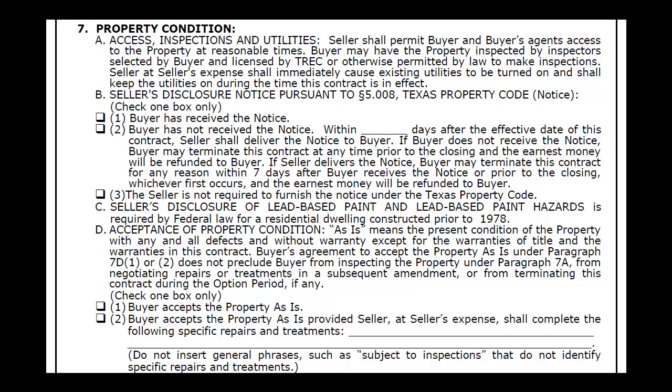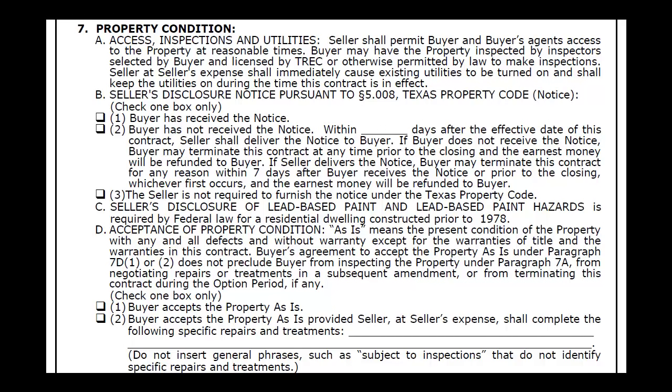But for number 2, this is for folks where the seller did not provide the seller's disclosure notice before the contract was executed. Then they're going to allot a certain number of days that the seller has to deliver that to the buyer. It's a good idea for the buyer to fill out this and say maybe 3 days or so. But for the seller, it's a very bad idea to let number 2 here come into effect